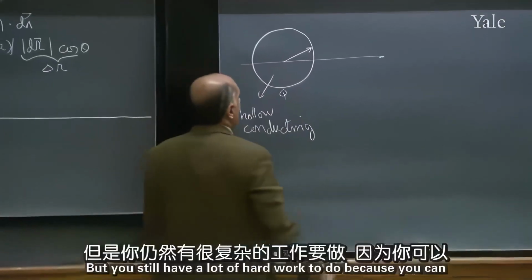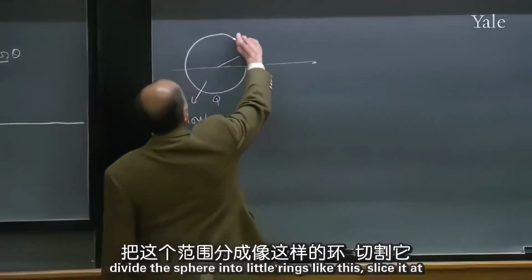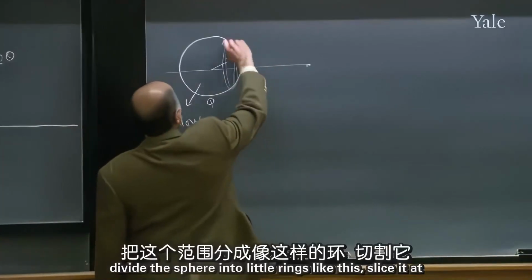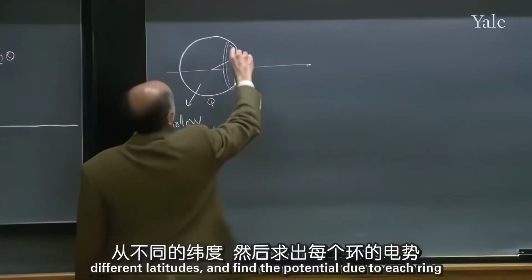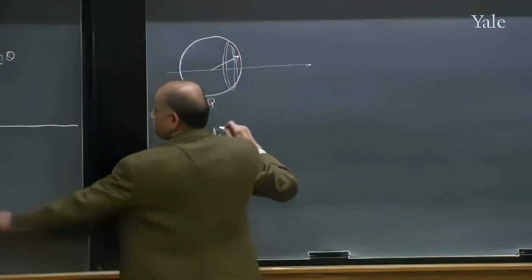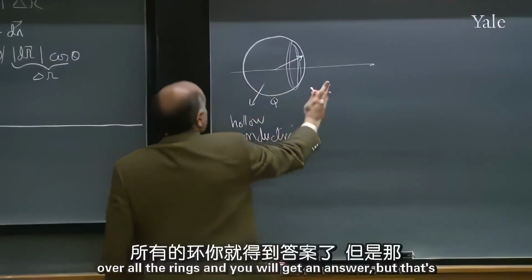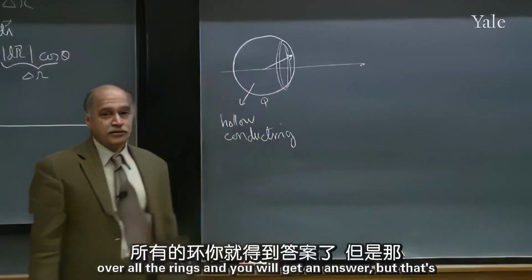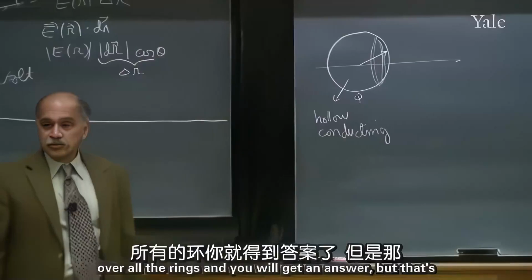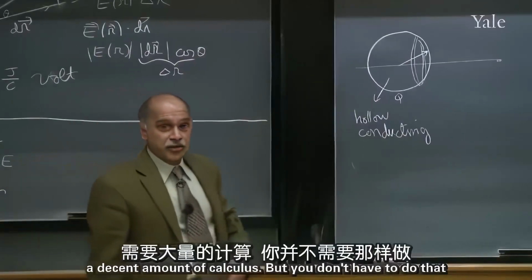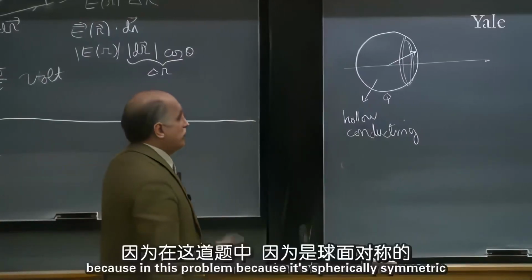But you still have a lot of hard work to do because you can divide the sphere into little rings like this, slice it at different latitudes, and find the potential due to each ring using this formula I just did somewhere, then integrate it over all the rings, and you will get an answer. But that's a decent amount of calculus. But you don't have to do that,